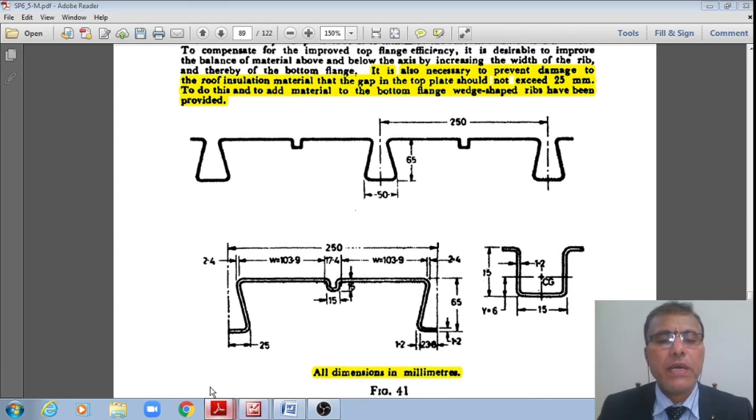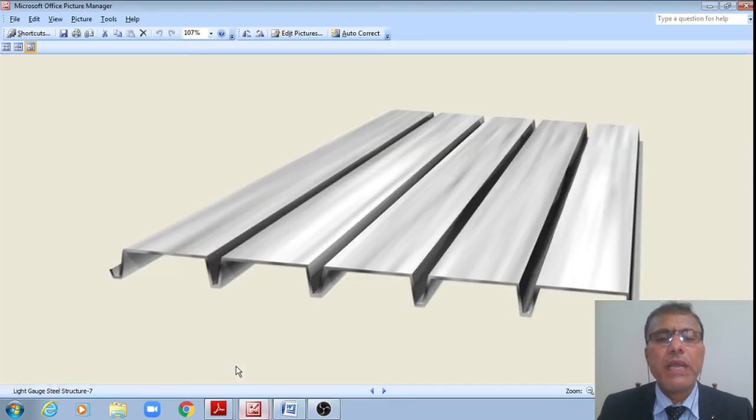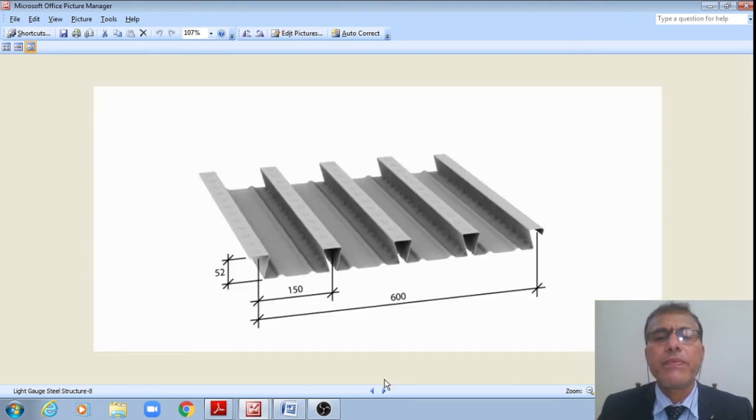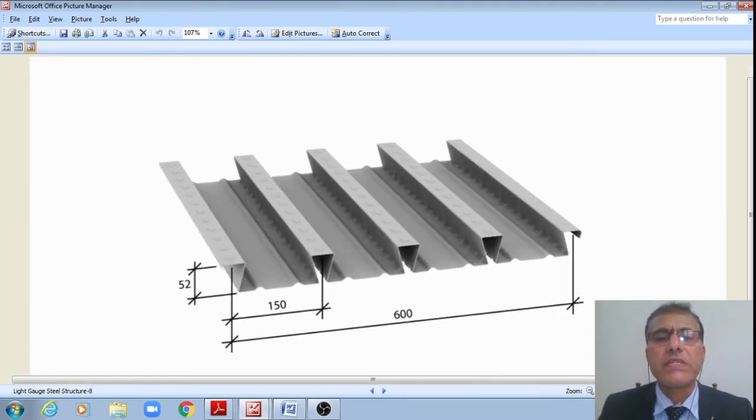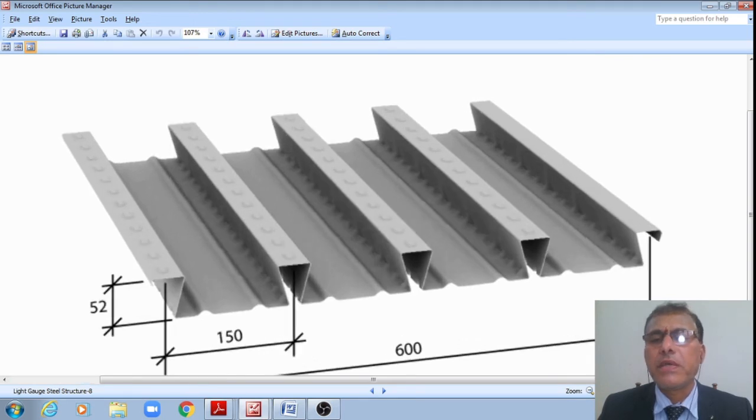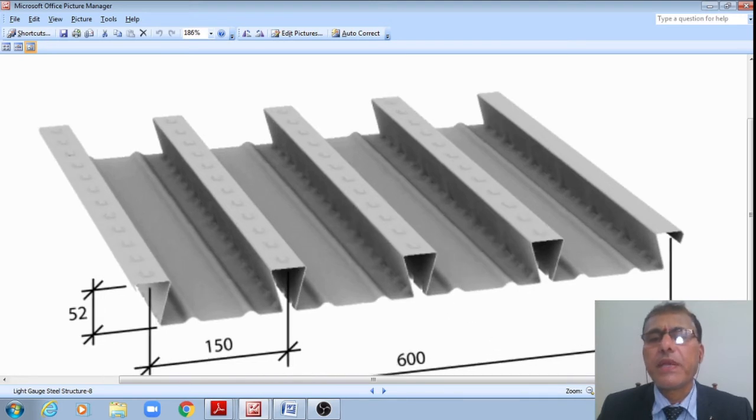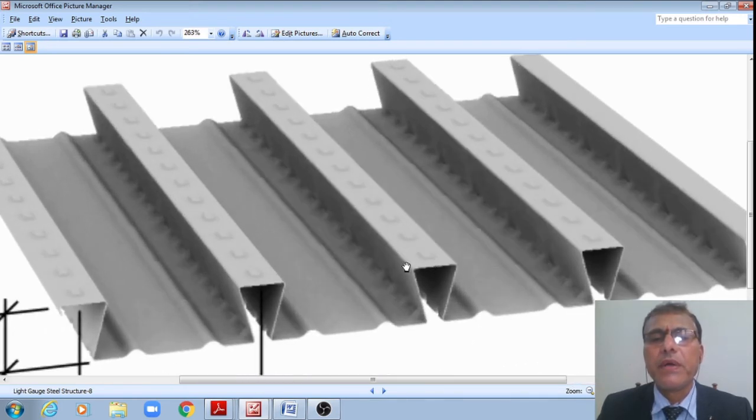Now let us see this schematically, student, right? This is how the previous profile we have seen without that intermediate stiffener. Now this is how this profile what we are now discussing is this type of profile, right? You just see this in the inverted format, right? Therefore, we would have a rib here, right? A stiffener here, in the middle length, right? Whereas this is that rib, right, of 50 width and 65 depth, right? There are two ribs in this profile what I am showing. However, in the problem only one rib is there. One rib is there, right?